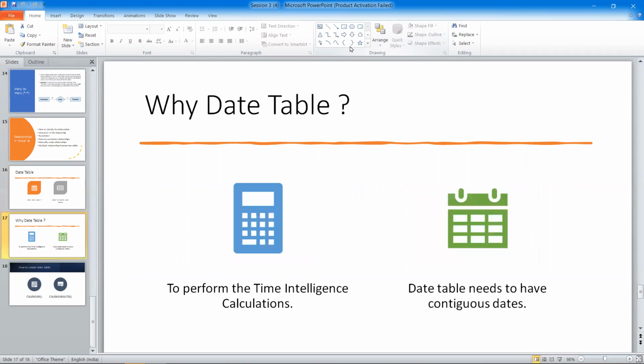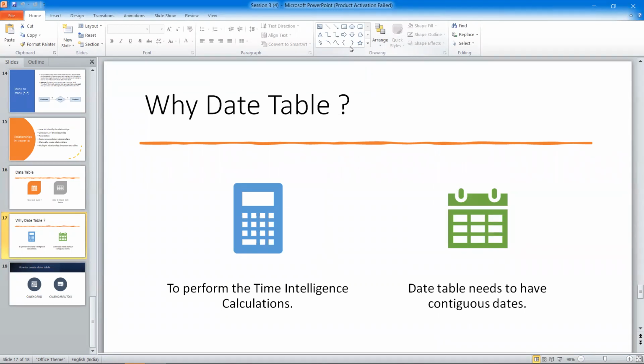So going with the first slide, why do we need the date table? The reason, as I've told earlier, is that we have a large number of time intelligence functions or calculations in Power BI, and in order to complete those calculations successfully, we need the date table.